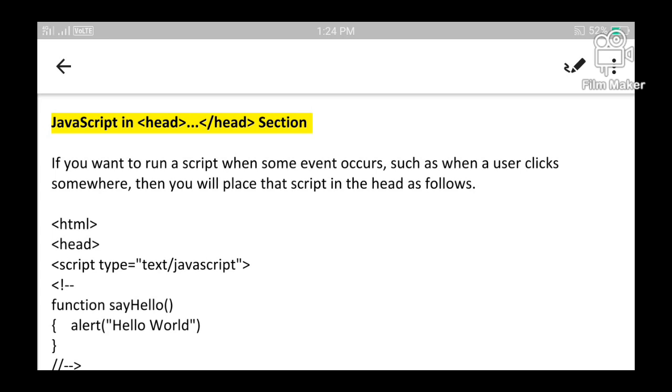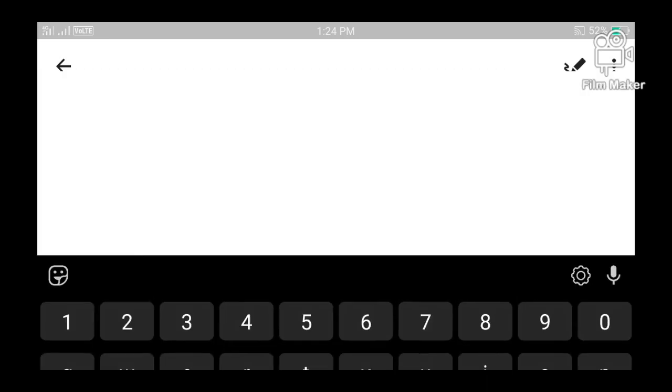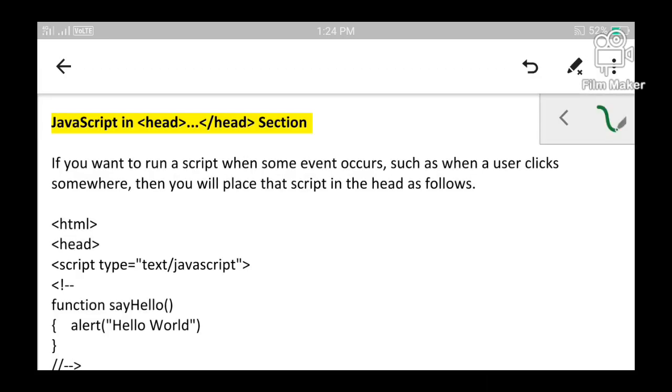Event means, suppose a user clicks on a button. Whenever the user clicks on a button, the script should work. So this is what is meant by event execution. Whenever an event occurs, the script should get executed. Only in such situations can you include the JavaScript in the head section.